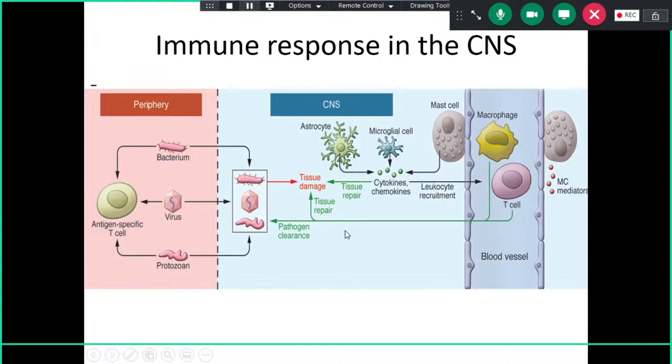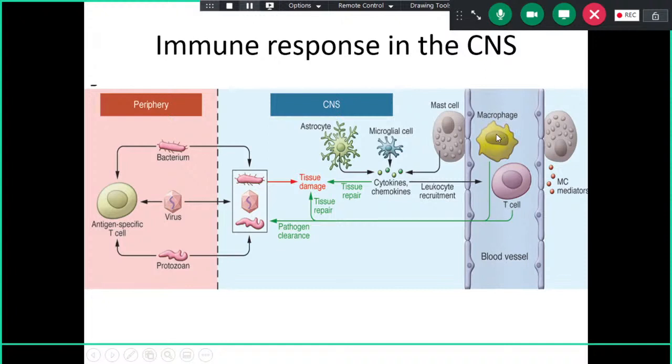Once a bacteria or any microbe is encountered in the peripheral blood, antigen presenting cells like macrophages and dendritic cells will capture the microbe, break it down, and present it to the T helper cell. The T helper cell as well as the T cytotoxic cell will produce the subsequent inflammatory response. But as I told you, in the CNS,